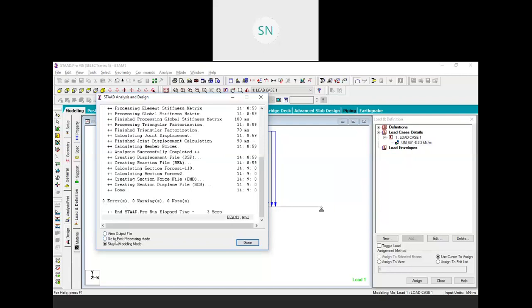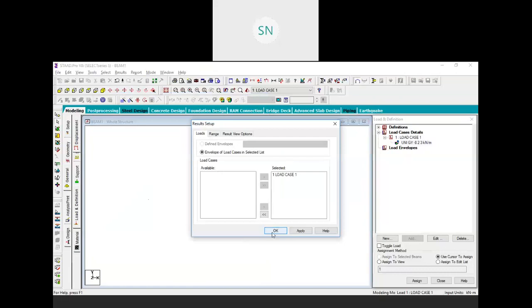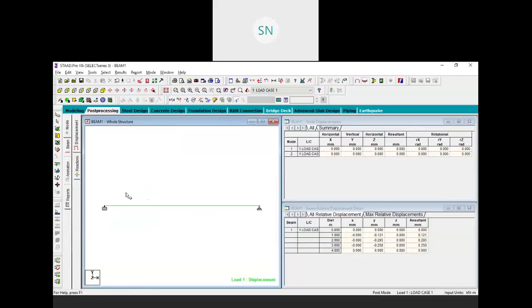Now I am going to post process mode. So click on go to post process and done. So it will directly prompt us to the post processing in our result. So first result is our displacement. So I am scaling it up. Press Ctrl and scroll your middle mouse button so you can scale it up little bit. To check the maximum displacement,